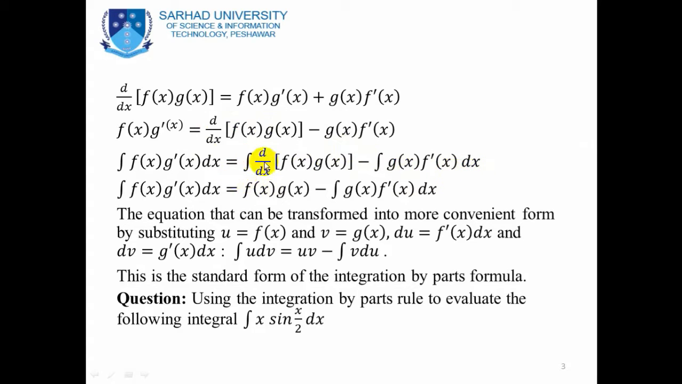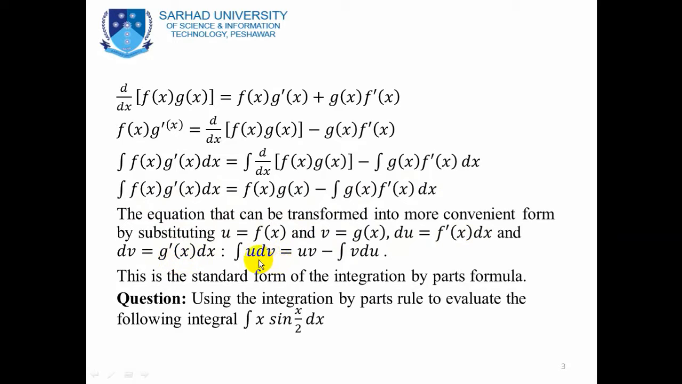Now, since derivative and integration are reciprocal, inverse operators, in this term we obtain f into g function minus integration of g function into f prime of x with respect to x. So the equation can be transformed into a more convenient form by substituting u is equal to f of x and v is equal to g of x, and du is equal to f prime of function f with respect to x, and dv is equal to g prime of the function g with respect to